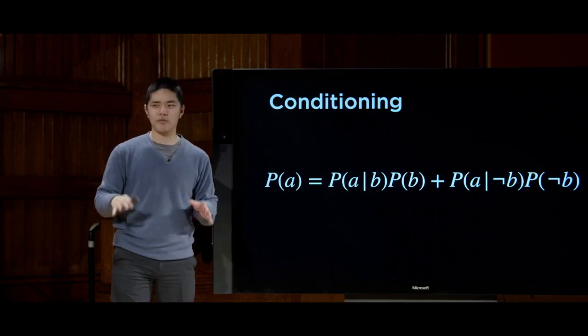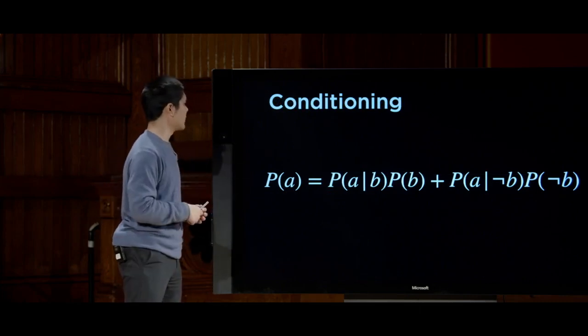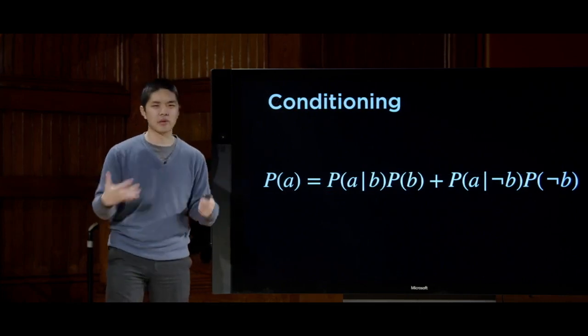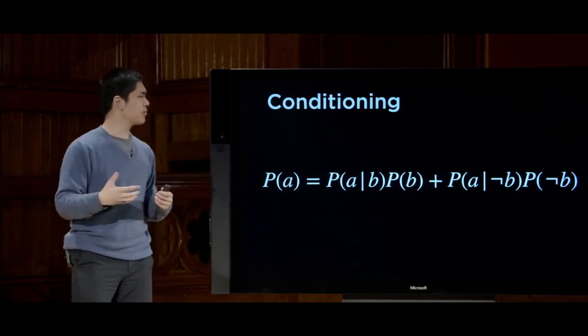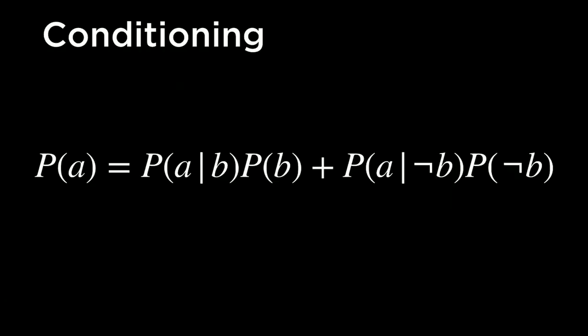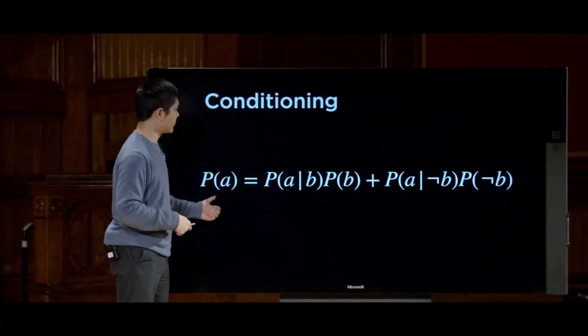The last rule we'll take a look at before transitioning to something a little bit different is the rule of conditioning, very similar to the marginalization rule. It says that, again, if I have two events A and B, but instead of having access to their joint probabilities, I have access to their conditional probabilities, how they relate to each other. Well, again, if I want to know the probability that A happens, and I know that there's some other variable B, either B happens or B doesn't happen,